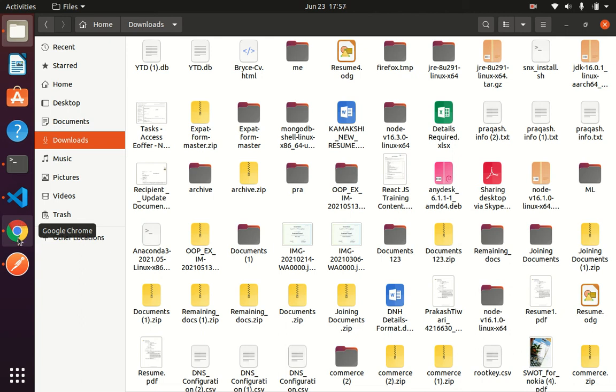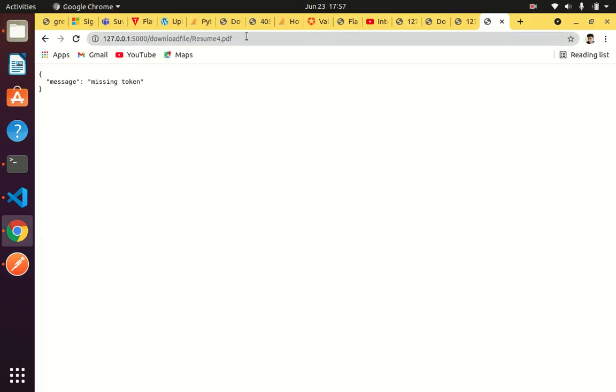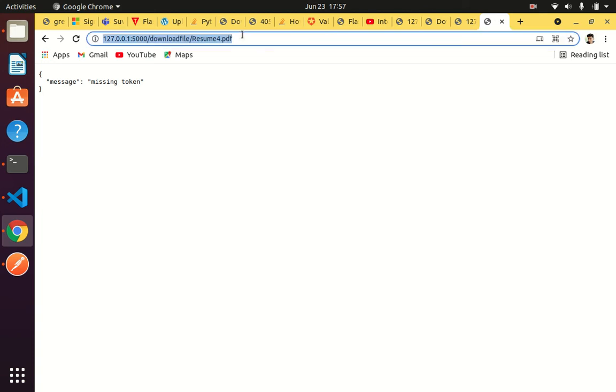So the idea is that I need to validate myself that I am an authentic user. Then only I'll get an interface to download the file. All right. So what is the route to get to the download interface? Well, it's known to everyone.